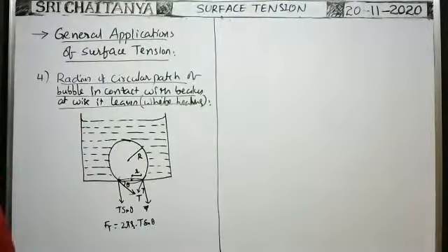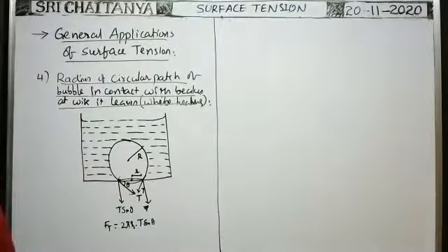What about sin theta from the diagram? How can we write sin theta? You see, this is the vertical line. If this is theta, this is 90 minus theta, so that this is theta. Then from this right angle triangle, sin theta is equal to opposite, that is small r, by hypotenuse, that is capital R. So sin theta can be written as small r by capital R.